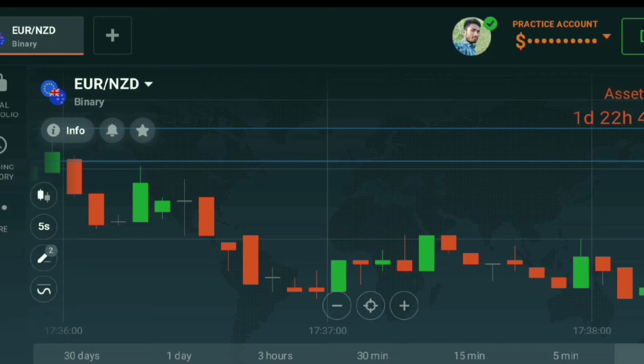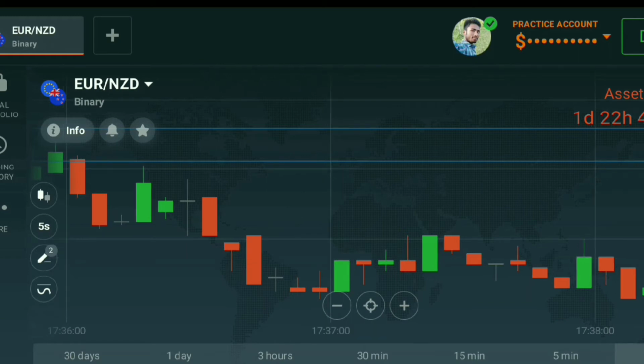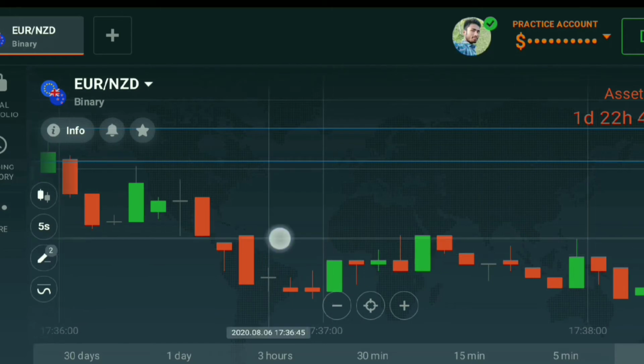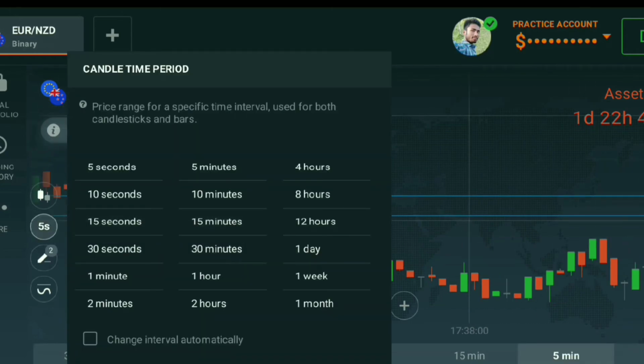So here we can see after this red candle finished here, after that we are seeing a strong green candle, so we can place our trade here, right? And it will be a winning trade. Here you can see the market closed above this line. So this is the first example,